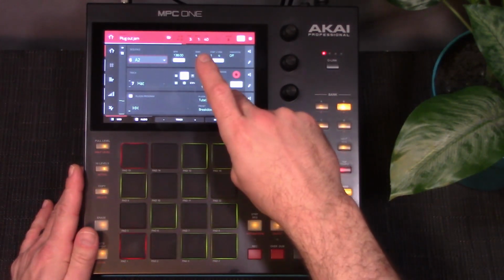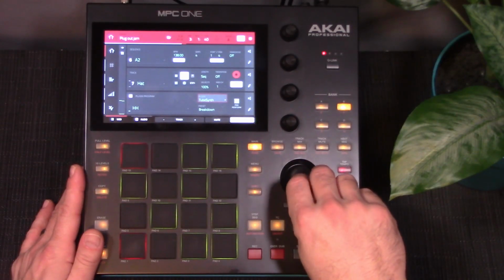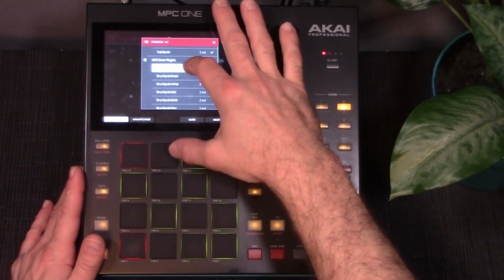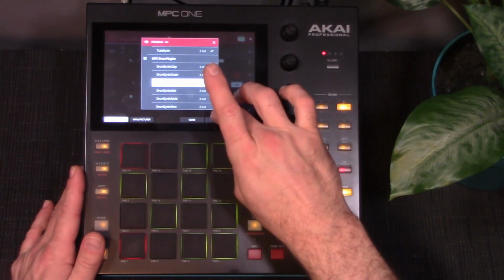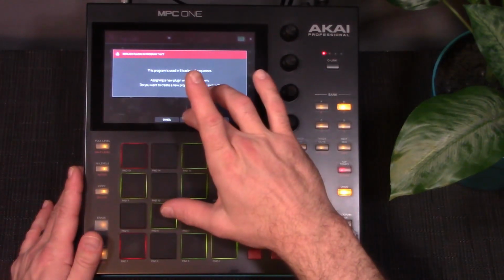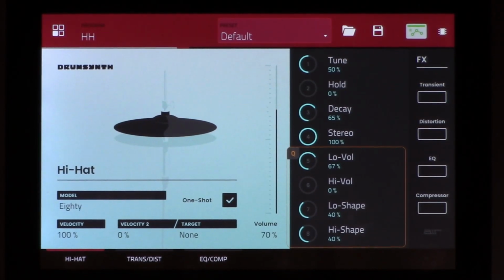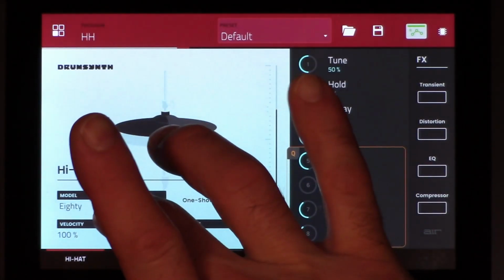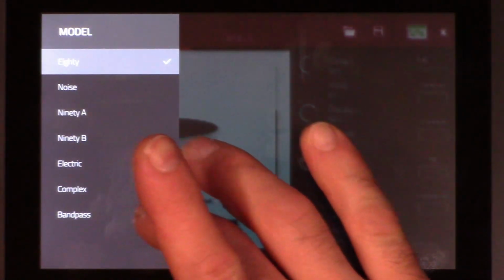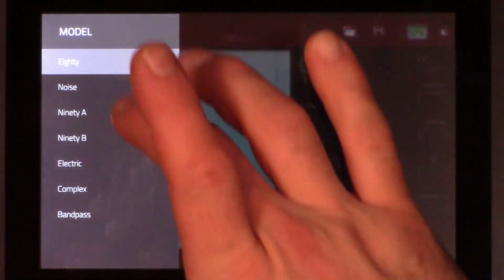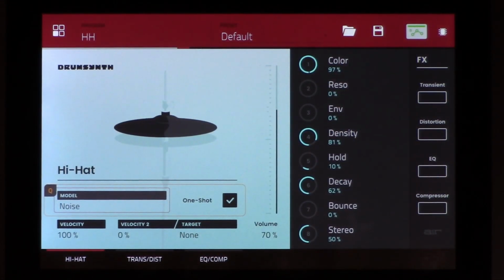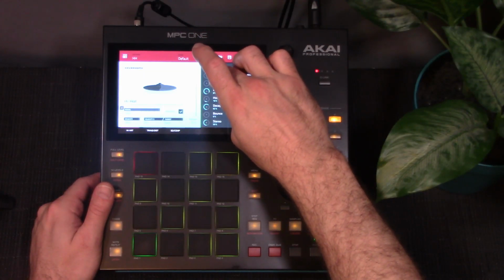So I'll go to that and select the hi-hat model and assign. Okay, so let's go in and find something that works for us. So let's just say we explore the different models once again. Let's go to a noise. I like using noise a lot. Let's go ahead and add